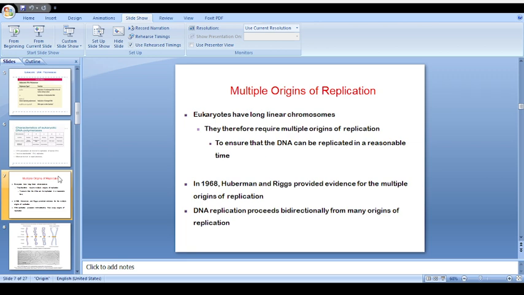The replication begins at various points, like a bridge construction at various locations, and they are connected together. In the same manner it is done at several places, and they are connected with each other by the DNA ligase enzyme. This was identified by Huberman and Riggs in 1968, and moreover the DNA replication is bidirectional replication, and here is the photographic evidence which shows